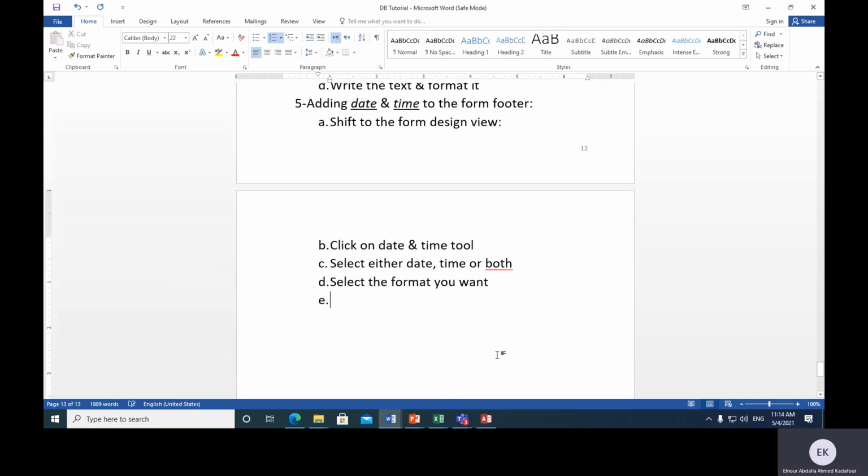Another control, that is adding control buttons. If you remember that we're hiding the navigation buttons. Now we need to add our own button. Okay. So as usual, we have to shift to the